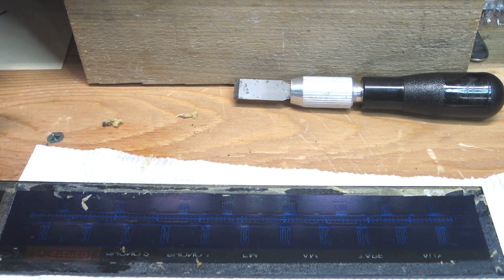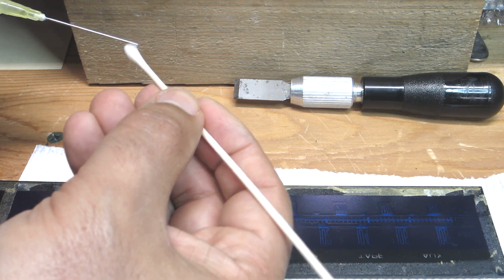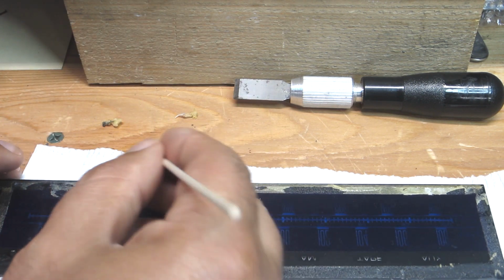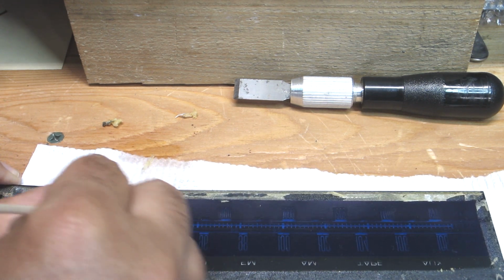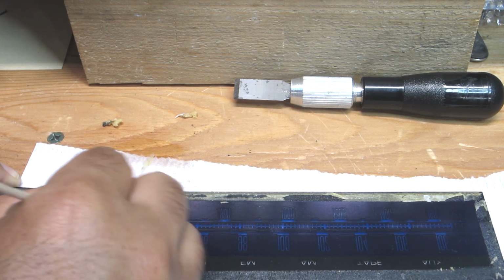I'm not a big fan of these wood swabs for this purpose, but that's all I have in the shop right now. I have to order some more stuff. I'm low on a few supplies, but anyways,